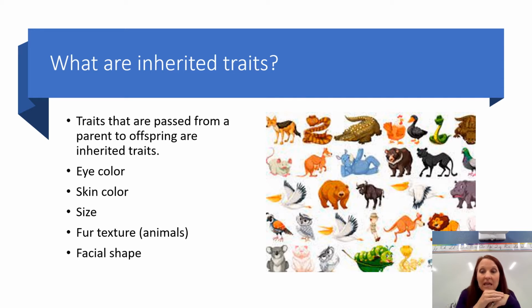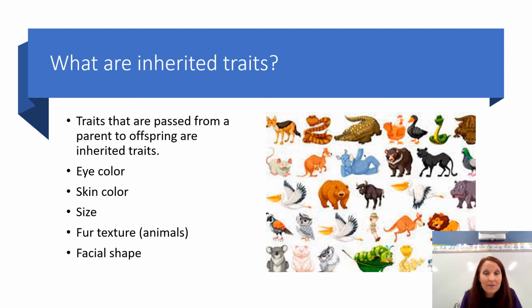The color of your skin came from your parents. That's an inherited trait. The size that you are, so if you're tall or short, that is an inherited trait. If you are an animal, like a bear or a dog or a cat or a koala bear, the type of fur that you would have came from the parent of that animal. Also, the shape of your face, which would be both humans and animals, that would be an inherited trait